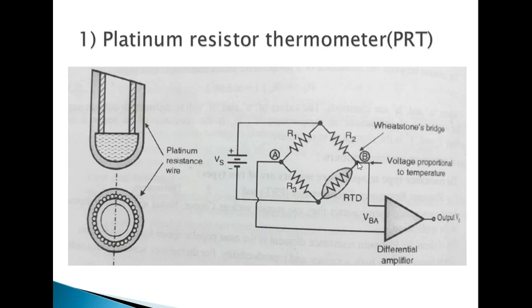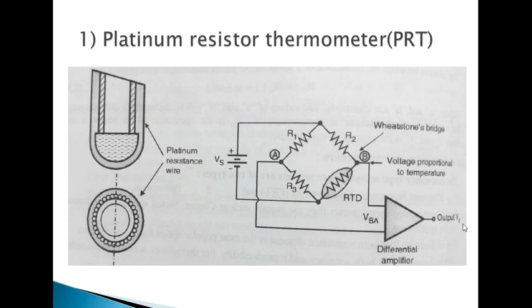What is the meaning of voltage, what is the meaning of current? If this is the voltage at point B and this is the voltage at point A, the voltage calculated across points A and B is nothing but the difference between the voltage at point B and the voltage at point A. So this can be called voltage AB, or we can call it voltage BA. So this VBA is applied to the differential amplifier. The differential amplifier is amplifying this VBA, because this is the difference between the voltage at point B and the voltage at point A, and that difference is amplified by this differential amplifier and the output is produced.